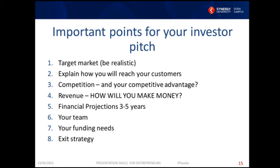And then finally, you need to express your funding needs. What is it exactly you need from them, and what is your expectation? Again, try to be realistic and fairly modest at this stage, and try to show them that, especially in the beginning, you are on the frugal side, rather than having already planned a very luxurious package for yourself and a very high wage. So at this stage,